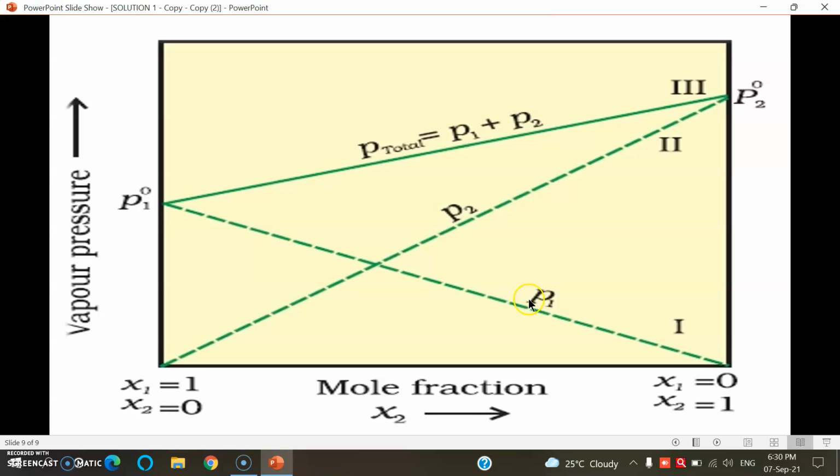So this P1 graph is for the solvent and the second graph P2 is for the solute. Now this third graph is for the total pressure exerted by the gaseous phase from both components, that is P total is equal to P1 plus P2. So P1 naught, that is that of pure component A1,